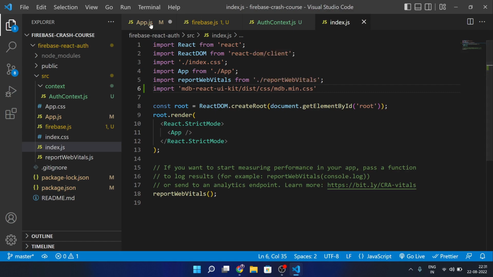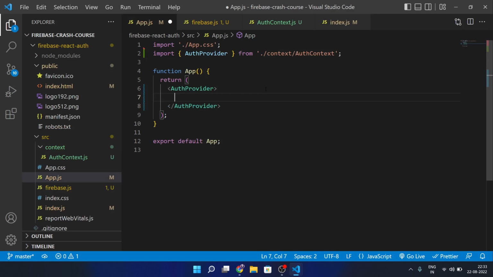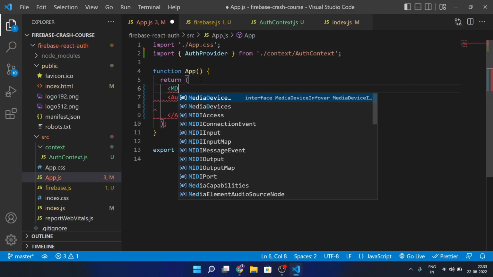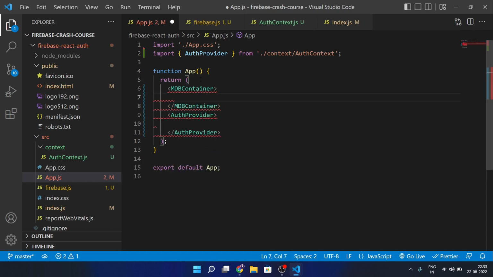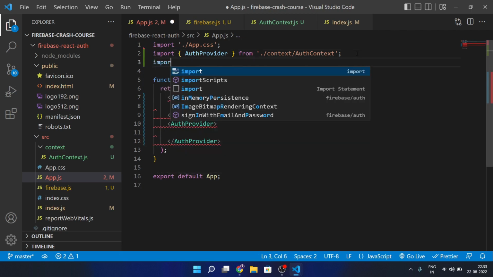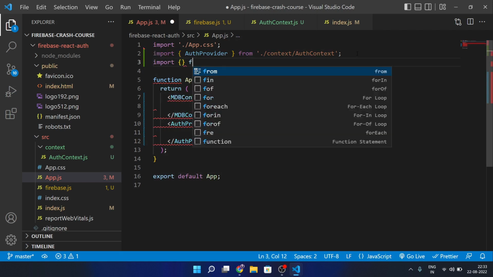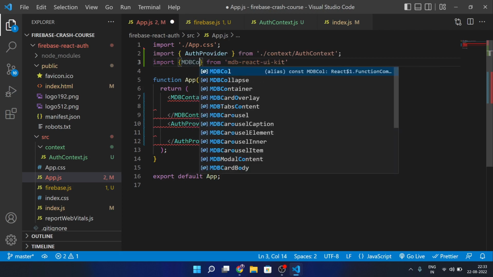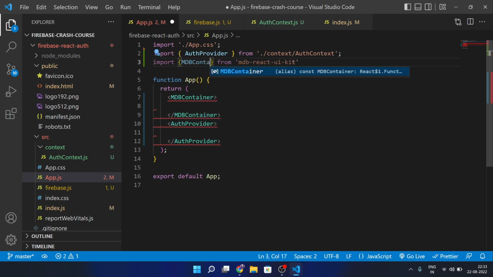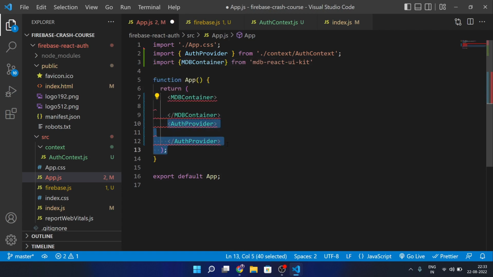Let's save this. Let's go back to this app.js. So let's create a very top level container for this. For this, we will use the mdb container. So let's create an mdb container, and let's import the mdb container from the mdb React UI kit. So we will use the mdb container. So here we simply make the mdb container at the very top of that,